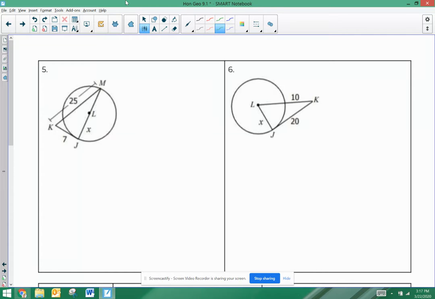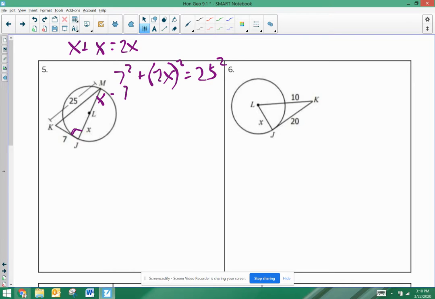Number 5. Switch it up. All right, a right angle here at J. So 7 squared plus, if JL is x, that means LM must also be x. So if I do x plus x, that's 2x squared equals 25 squared. I did have to put 2x in parentheses because I'm not just squaring the x, I'm squaring 2x. So if I do 25 squared minus 7 squared,